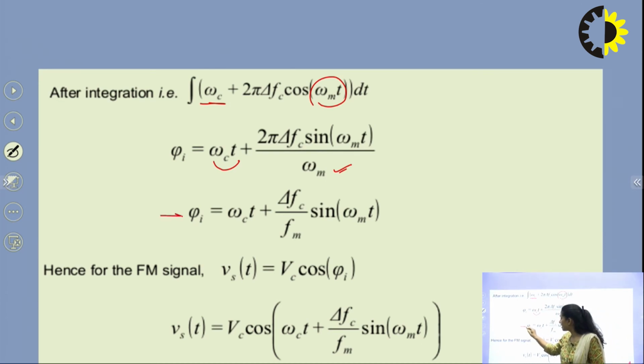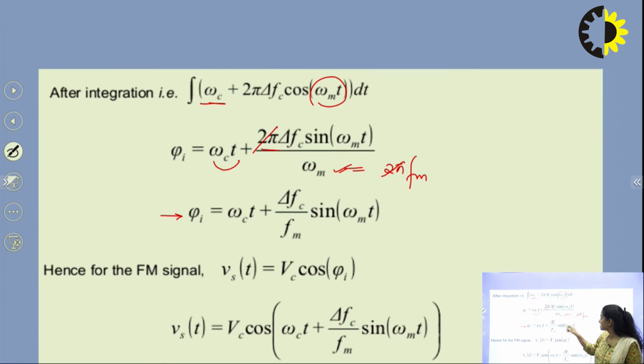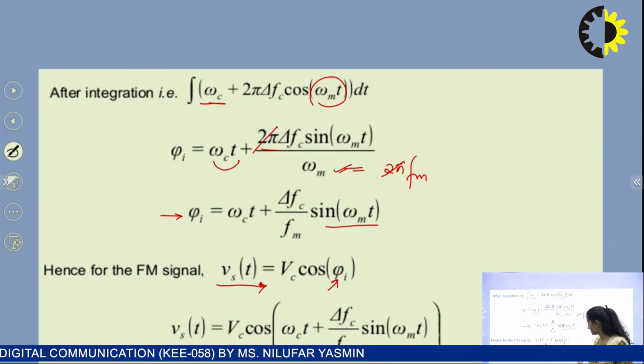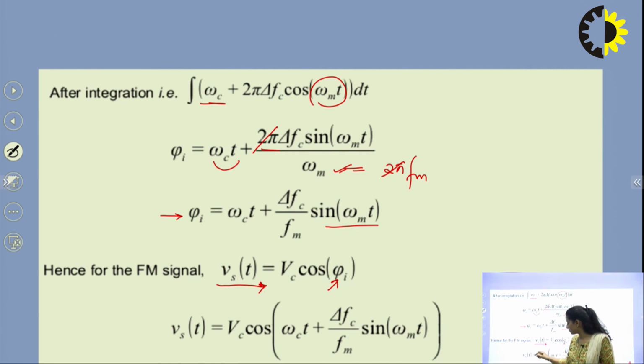So from here I may write my instantaneous phase angle to be omega ct plus, I may remove a few terms from here, and what do I get? Here omega m can be written as 2 pi fm. So this 2 pi gets cancelled. I get del fc by fm here, sine of omega mt, right? Hence, I may deduce the equation for my FM signal, which represents my modulated signal. This has the instantaneous frequency, instantaneous angle, and this can further be expanded: my modulated wave expression for FM signal is Vc cos of omega ct plus del fc by fm sin omega mt,